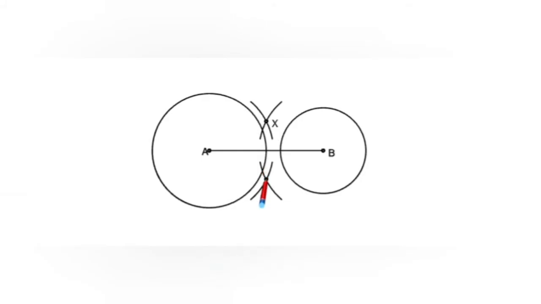Let this perpendicular bisector intersect AB at a point, and we will mark this point of intersection of AB with line segment XY as M. Then with M as center and MB as radius, we will draw a circle. We will find that the circle passes through both points A and B. Then we will mark the points of intersection of the new circle with the smaller circle as P